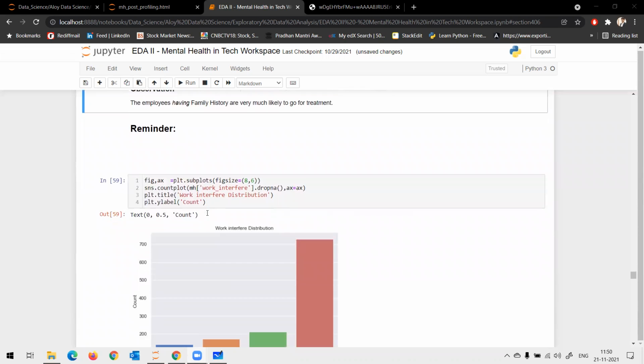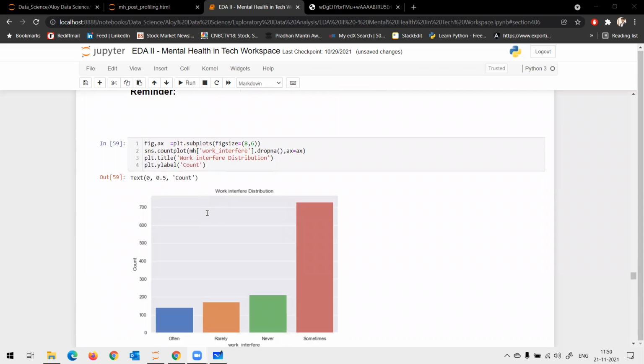Now, coming to work interference, I discussed with you earlier that work interference had around 22% missing values, right? It had 22% missing values and I replaced it with the mode.